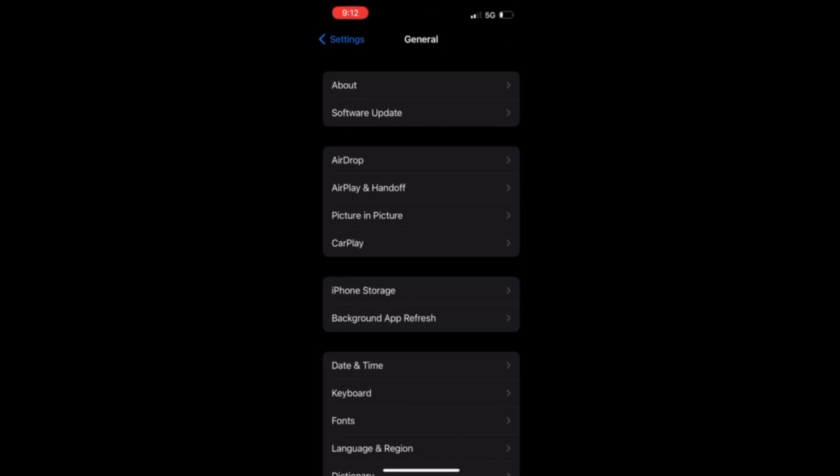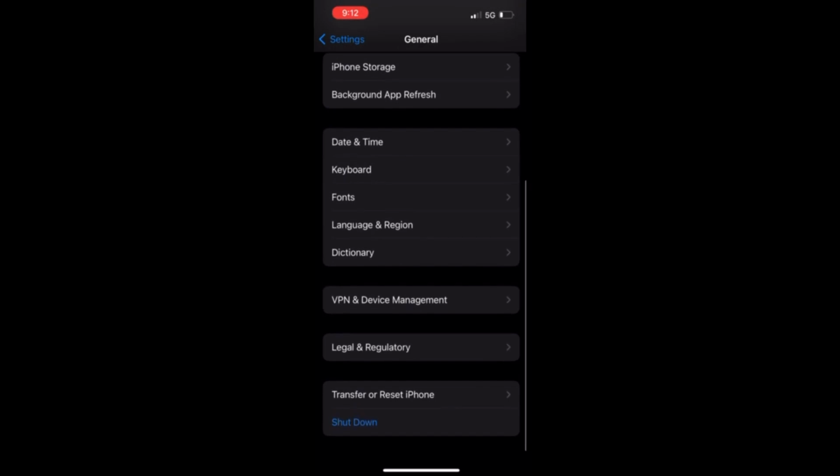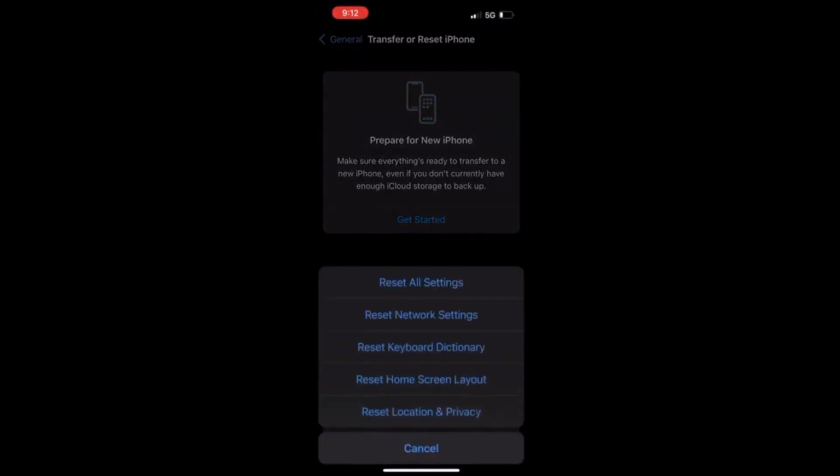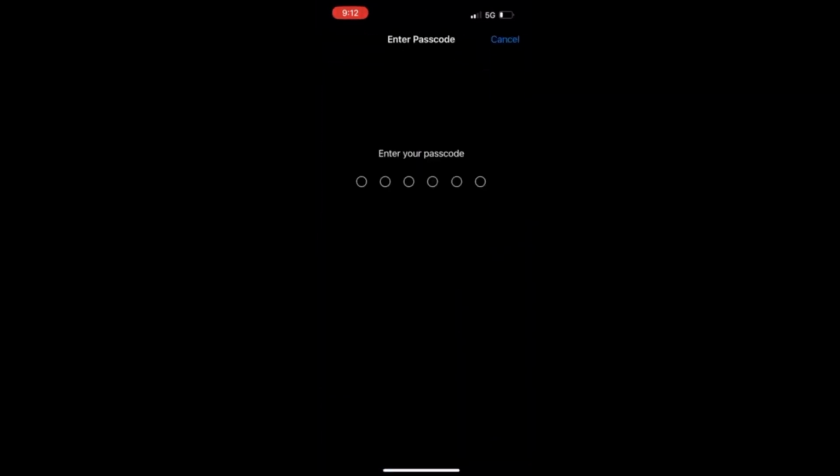Once you head over to the general settings, scroll all the way down and click on transfer or reset iPhone. Now just click on reset. Now here you need to click on reset all settings. Then you need to type in your password, and then all data will be reset, and then